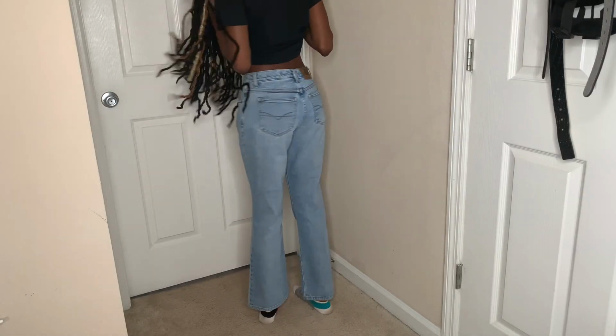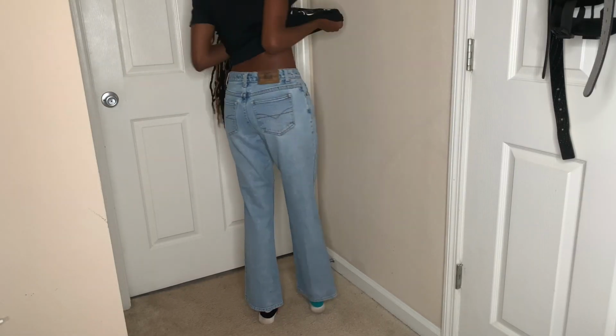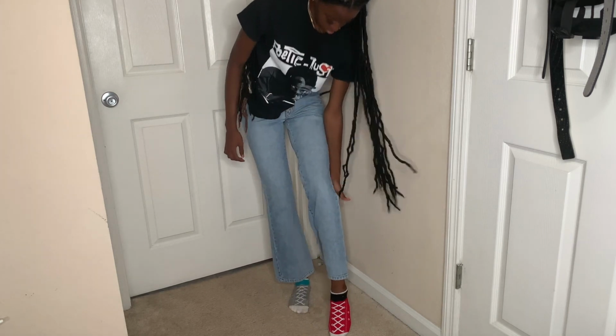Okay, so I got these jeans from the thrift store, obviously. Y'all all know this. I got these out the men's section, but they're flare out, so I don't know. But they were $5.99 and size 5'6". I don't know what that is, but I didn't like how the pants were flare out at the bottom because it wasn't a look. So I just took out the flare out part by making it skinnier. And yeah,